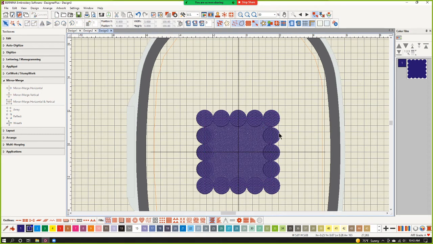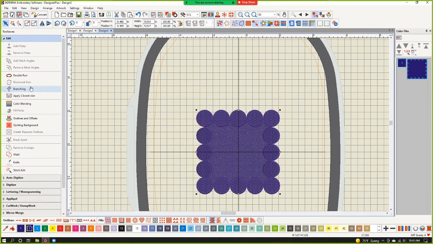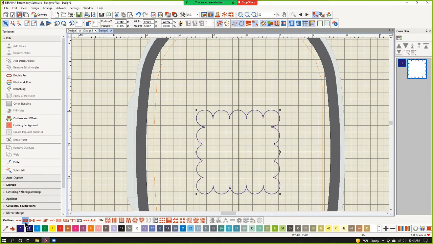Because I want them to actually be circles. Now, if I select everything, I can go to the edit toolbox, click on weld, and then do an outline, and I have a scalloped border, which I think is a really cool way to get a scalloped border. And some of the other ways I've used weld is if I have an embroidery design that